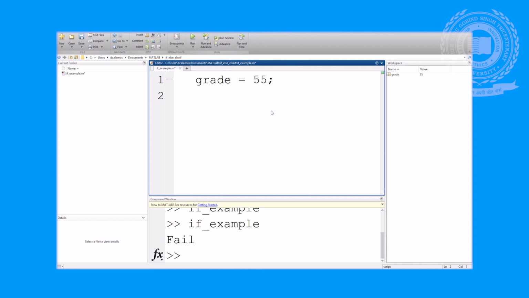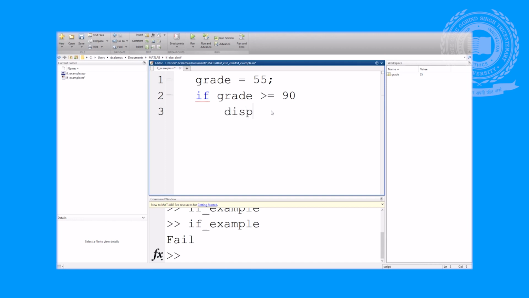That's because we have several different letter grades that we want to be able to assign based on our input numeric grade.